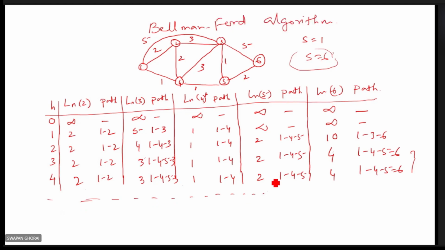Now, if you compare these Bellman-Ford algorithms with the Dijkstra algorithms, you can see for any intermediate iteration, for example iteration 3 in Bellman-Ford and iteration 3 in case of Dijkstra algorithms. You can see in the previous case, we should know the link cost of all links in the network in between. That is required for Dijkstra algorithms. But in this case, only information of the neighboring nodes is sufficient.